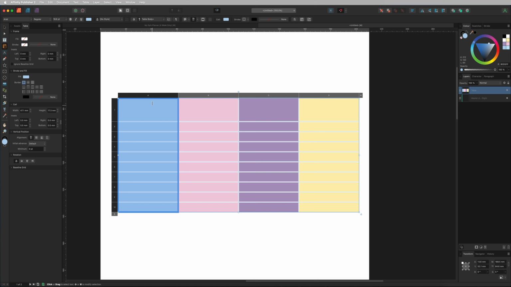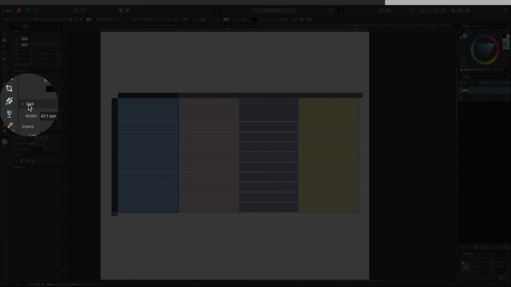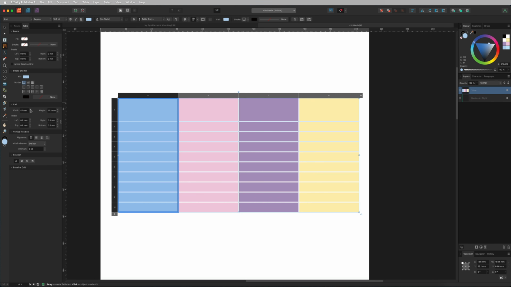So if we select this entire row right here, we can come down to where it says cell, and with the width, you can adjust that with the arrows up or down, or you can put in your own number in here just to make sure that all your rows are going to remain perfect across your entire design. And another thing that we can do is select multiple cells at the same time to give this